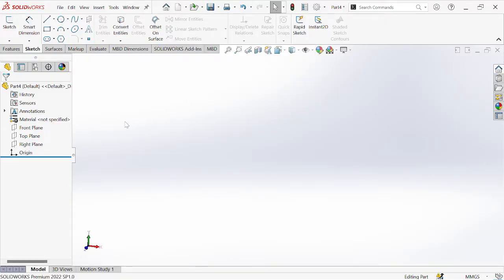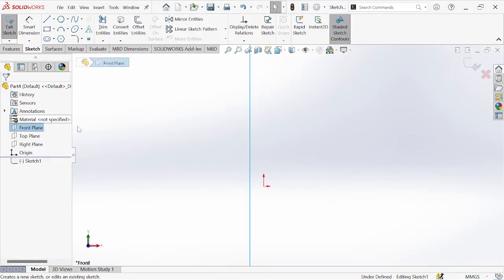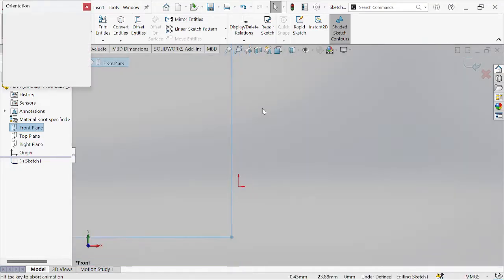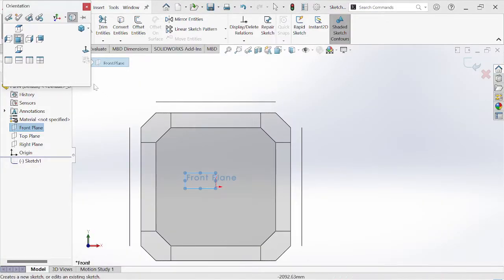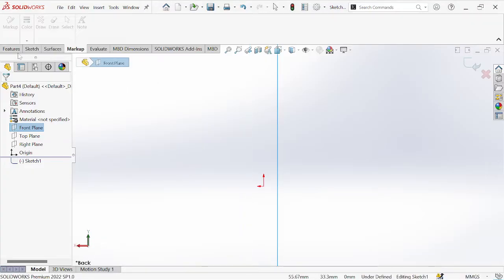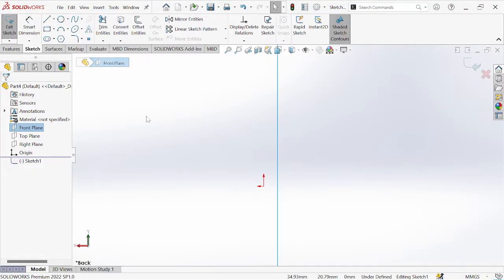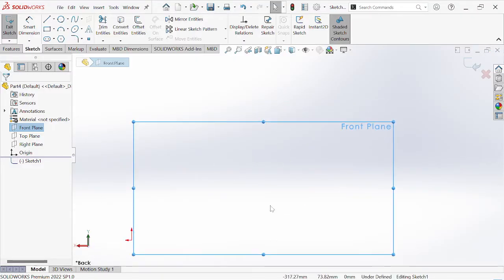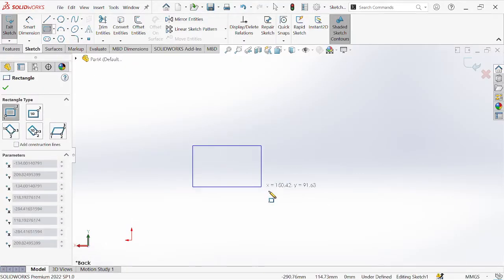So, like I said in the previous chapter, select a plane, go to sketch. Now, let's make this plane normal too. So press the space bar, then you click normal to, so that it faces you. So we are on the front plane. You can see there. So go to rectangle, click on it, sketch,